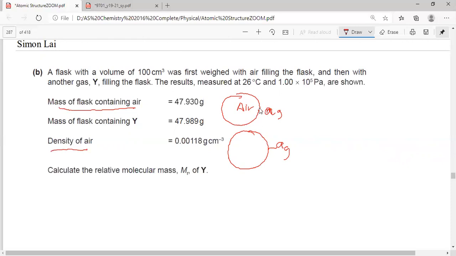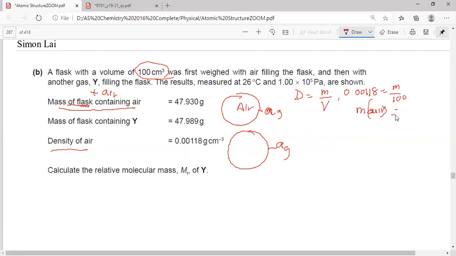Now the flask plus the air, can I find the mass of air? Of course I can. Density equals mass over volume, right? The volume is this one here. So what's the density of the air? 0.00118 grams per cm³. So I use the volume of 100 cm³. So the mass of air